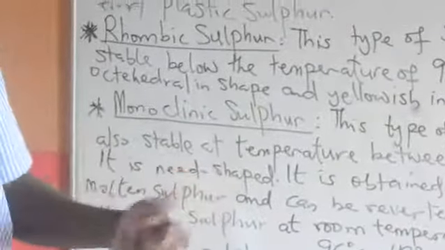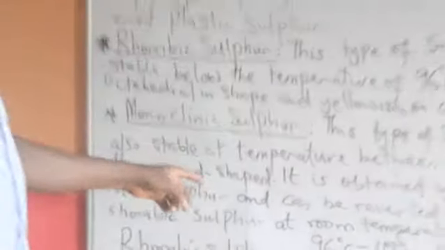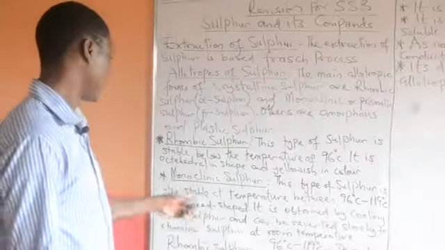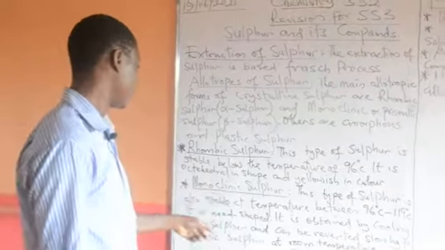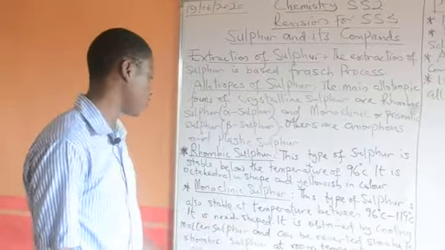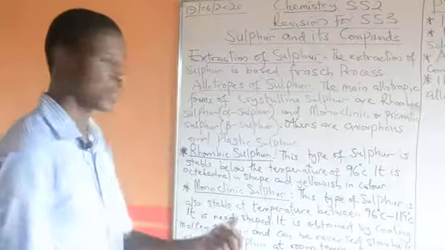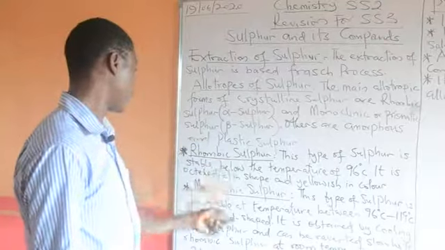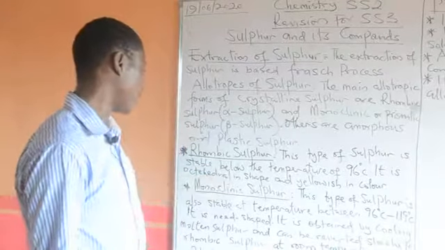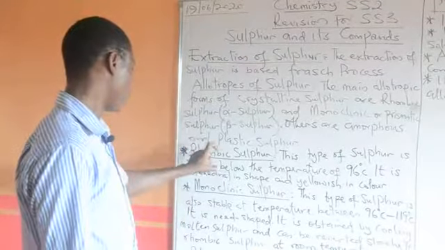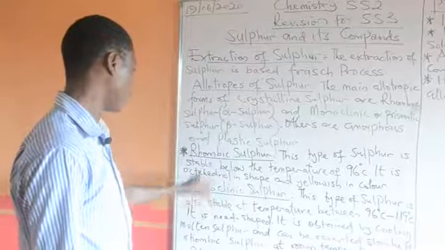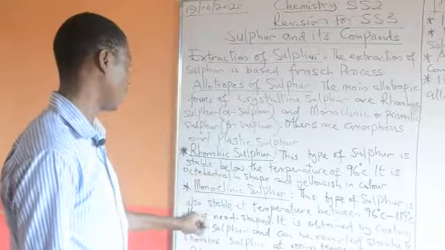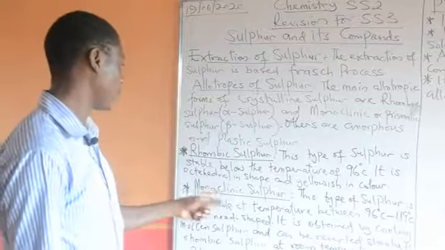I think this is one of the examination questions too. Something can come up like this: which one of these shapes has monoclinic sulfur? You tell them it's needle-like in shape. It looks like a needle, very tiny, compared to rhombic sulfur, that is octahedral in shape. So with this, you should be able to differentiate rhombic sulfur and monoclinic sulfur by their shape and the temperature at which they are